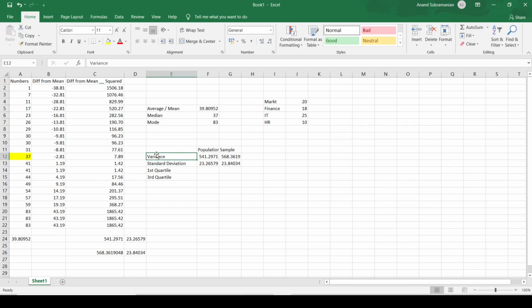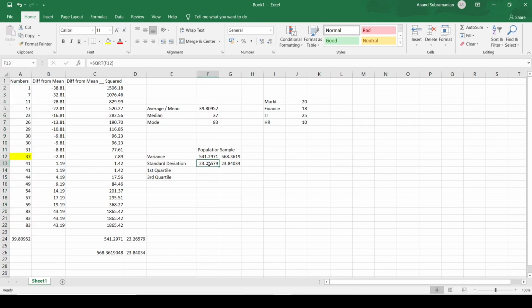But the moment we take the square root of the variance, which is the standard deviation, we have it in similar units to our actual numbers. So standard deviation says that the lower the standard deviation is, the closer these numbers are to one another.